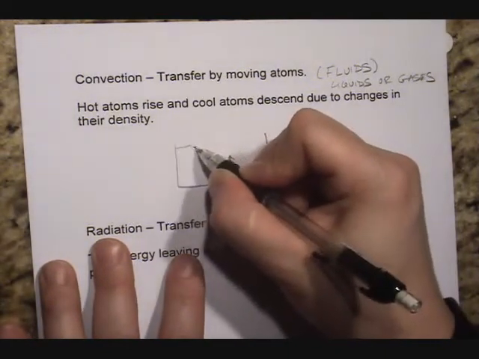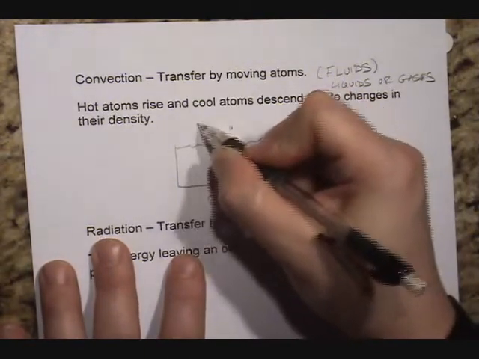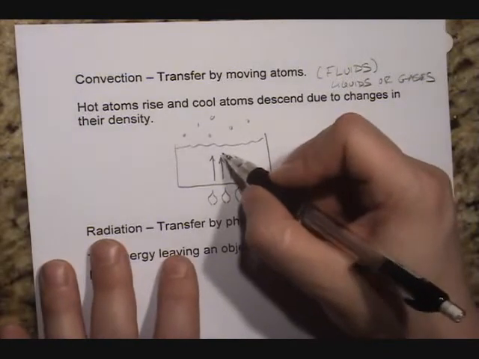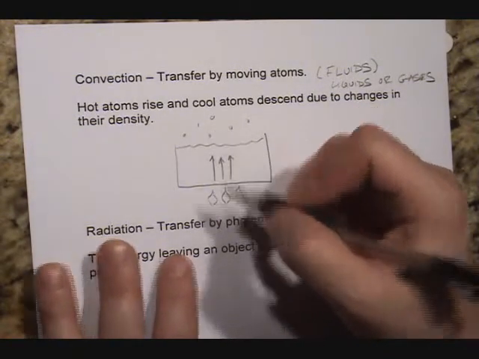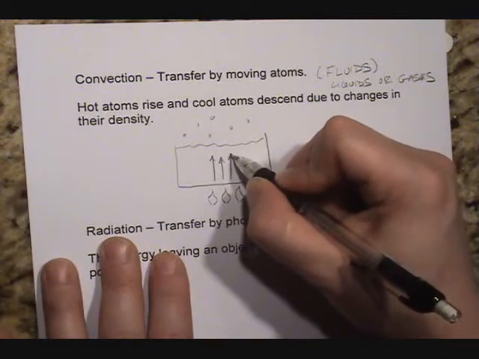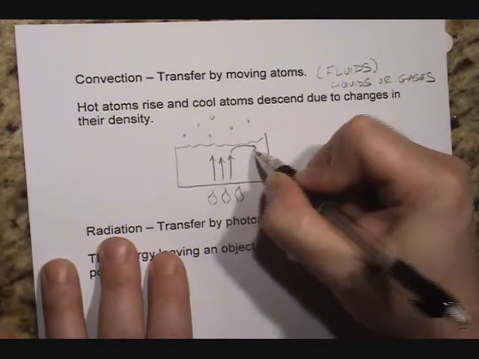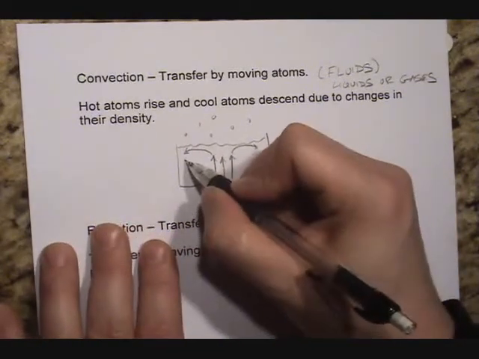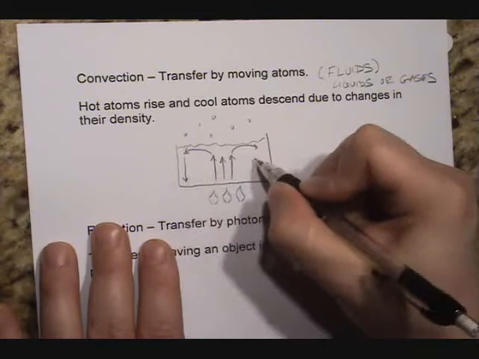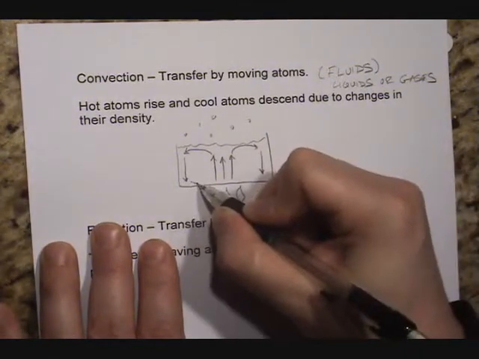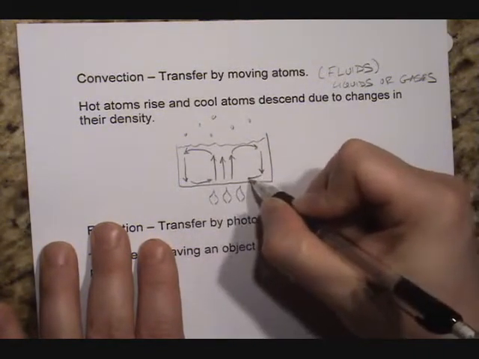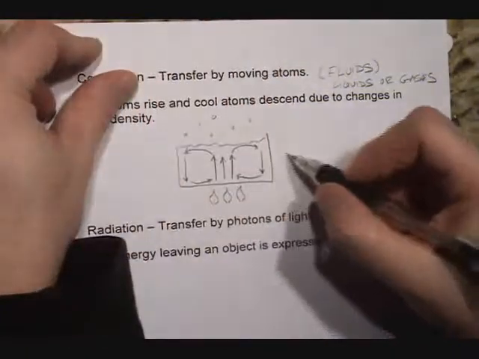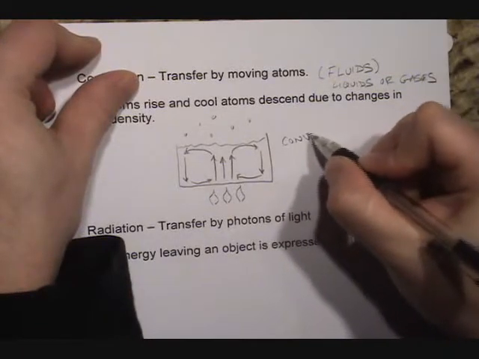and as it reaches the top, it releases some of that heat in terms of conduction and the second form of energy that we're going to look at. And so then it becomes cooler. It falls over to the side. The material here is pushed off to the side, and then the cooler material begins to sink. The cooler material pushes the material that was previously here over towards the center, and we end up with something that are called convection